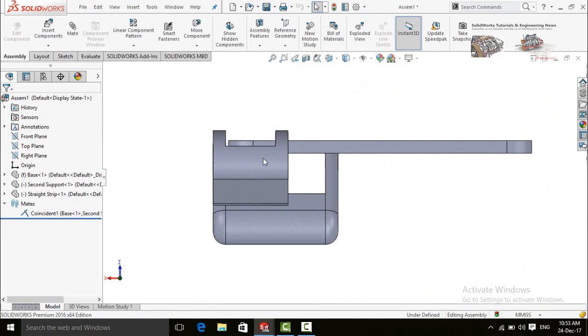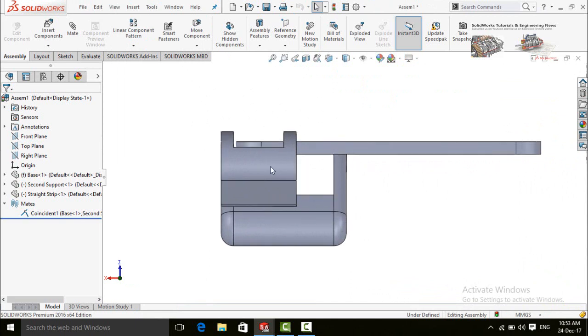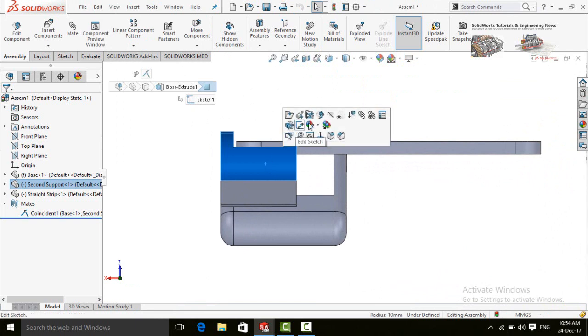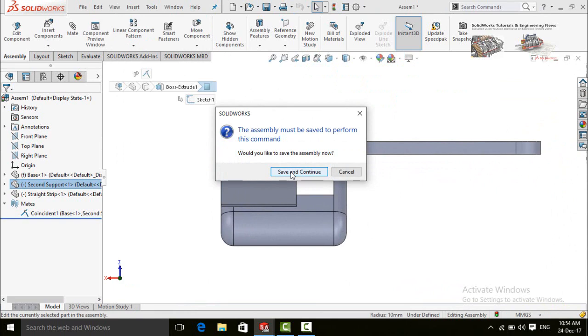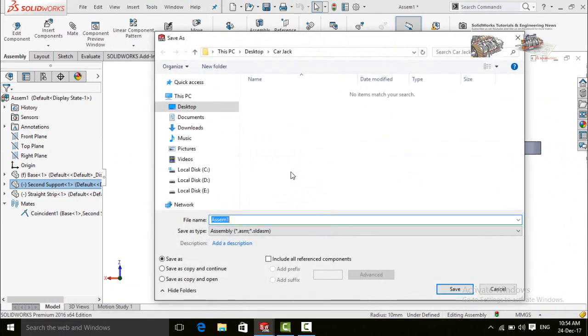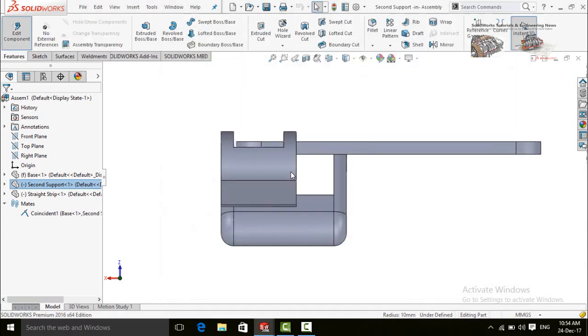So we have to extend its width. So for that, click on this part and then select edit part. Save and continue, then save this assembly as assembly.